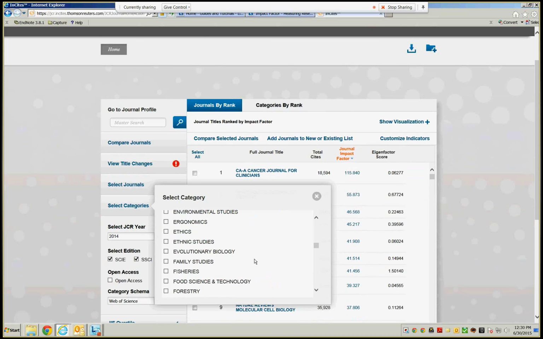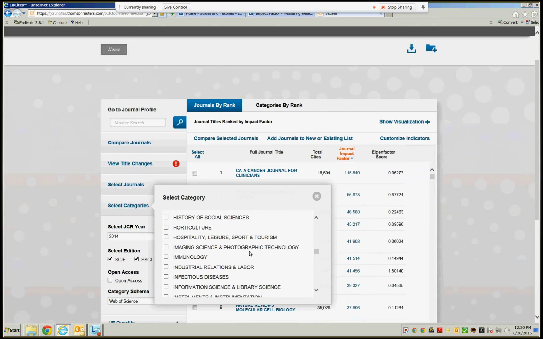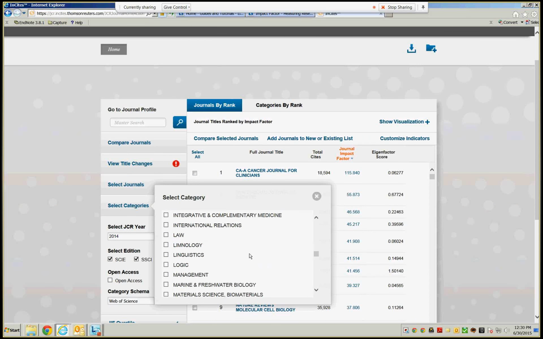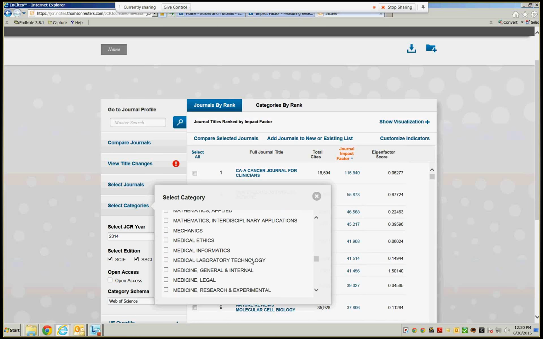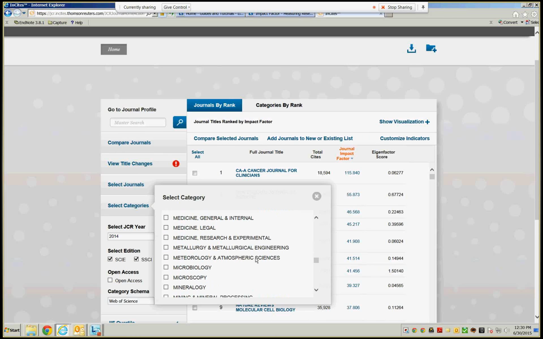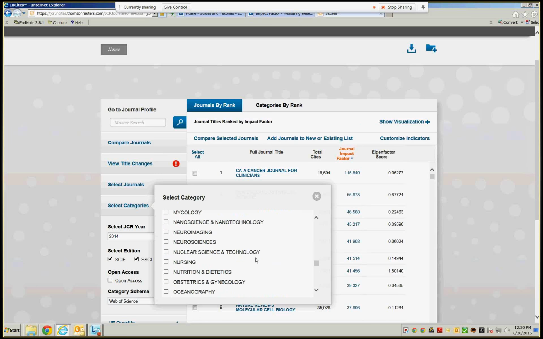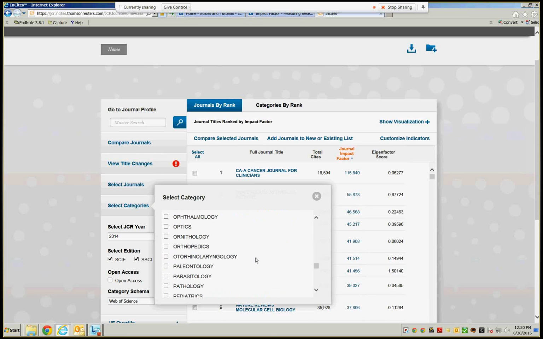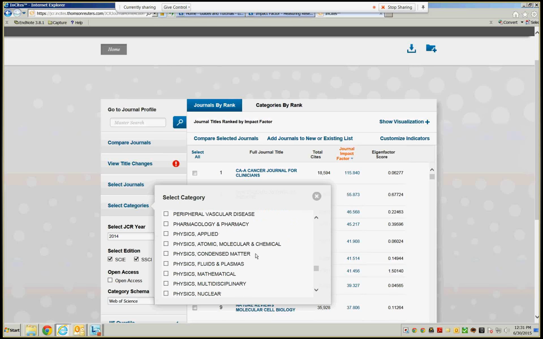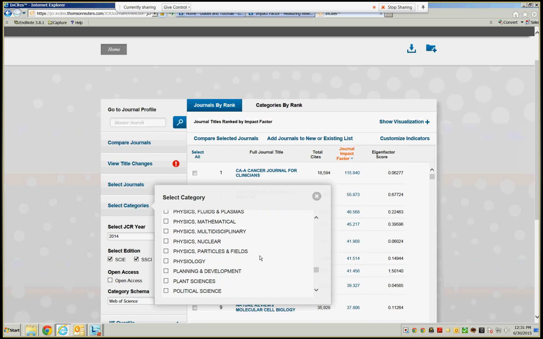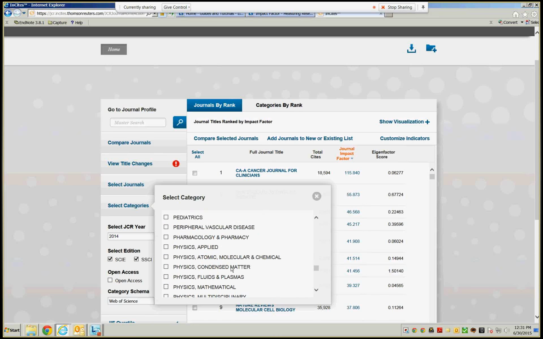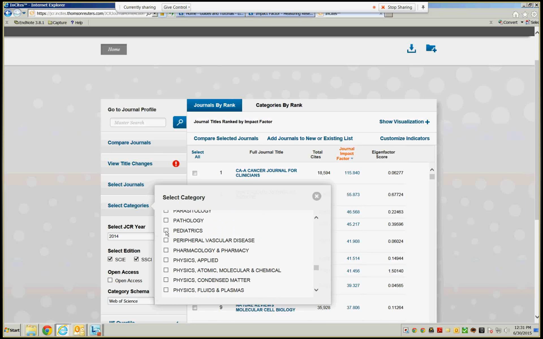You might want to do this if you have an article and you're trying to decide where to publish it and you're not quite sure where to go. Maybe you would choose a journal that had a higher impact factor rather than one that had lower, or maybe that's how you would prioritize where you submit a particular reference. And so if I wanted to maybe choose pediatrics,